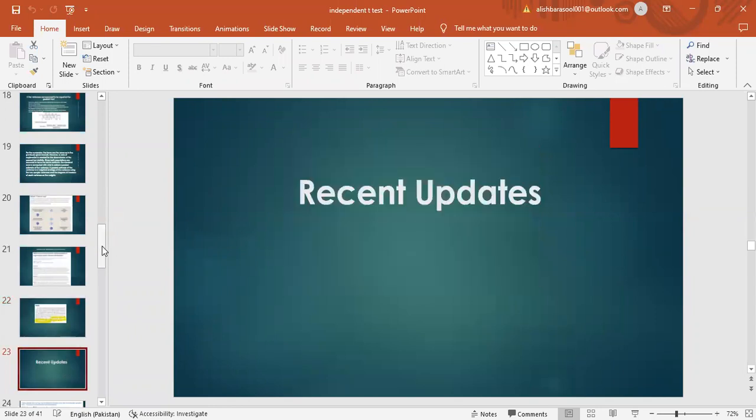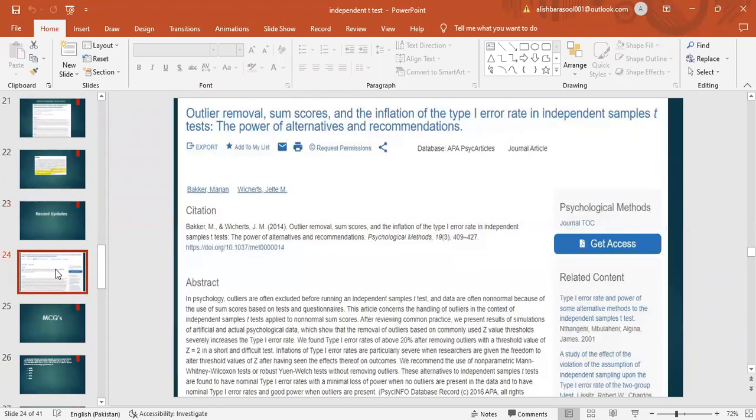Recent updates: outlier removal, sum scores, and the inflation of the type 1 error rate in the independent samples t-test, the power of alternatives and recommendations. Abstract: in psychology, outliers are often excluded before running an independent samples t-test, and data are often non-normal because of the use of sum scores based on tests and questionnaires. The article concerns the handling of outliers in the context of independent samples t-tests applied to non-normal sum scores. After reviewing common practice, we present results of simulations of artificial and actual psychological data, which show that the removal of outliers based on commonly used z-value thresholds